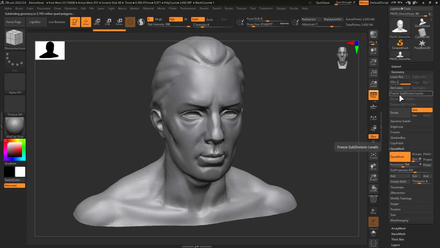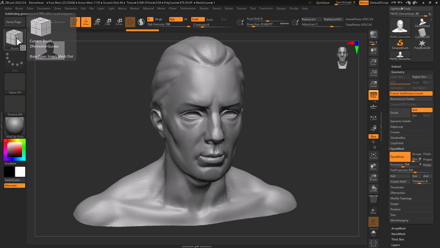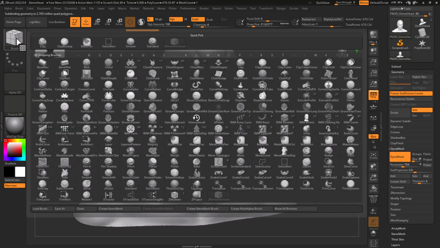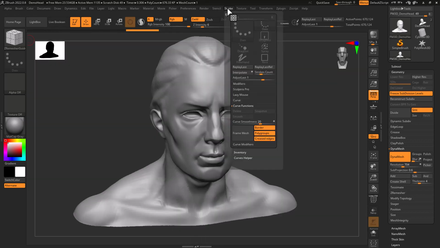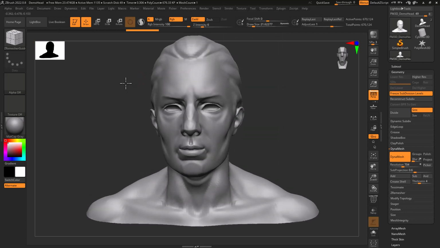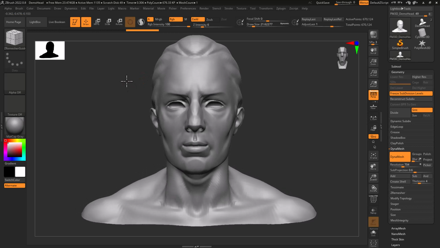So what we'll do is we'll divide this, and the subdivision will come active, and we'll go ahead and freeze that. We'll have this brush over here. It's called the ZBrush Guides. It's located in your ZBrush brush folder. You can also mess with the lazy mouse and some other functions in here. So we're going to hold this back here,